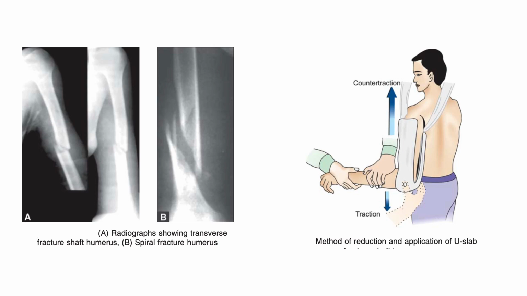I would like to tell more about the radiographs: the definitive diagnosis of the humerus fracture is typically made through radiographic imaging. For proximal fractures, an X-ray can be taken from the scapula anterior-posterior view, which takes an image of the front of the shoulder region from an angle. Also a scapular Y view, which takes an image of the back of the shoulder region from an angle, and an axillary lateral view, which has the patient lie on their back, lift the arm up to the side, and the image is taken of the axillary region underneath the shoulder. This helps give you a perfect image and the area of the fracture sites.